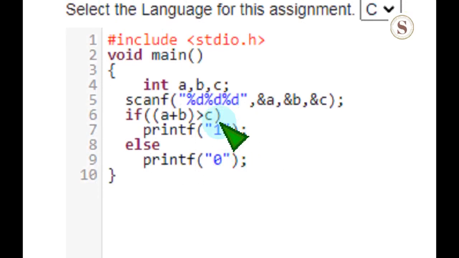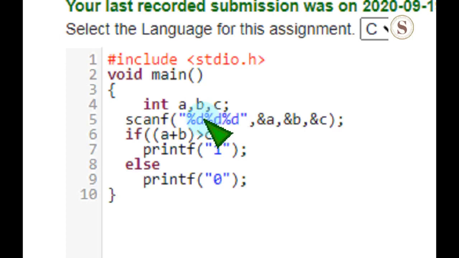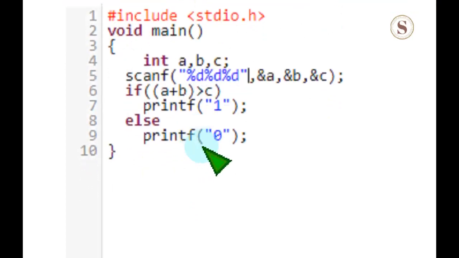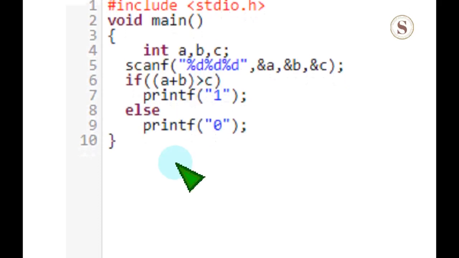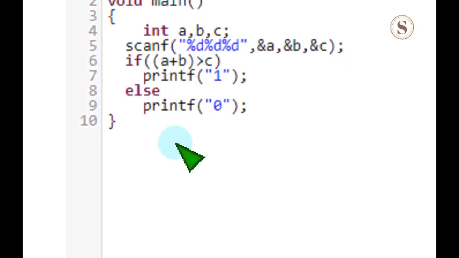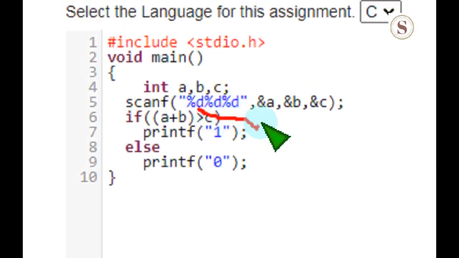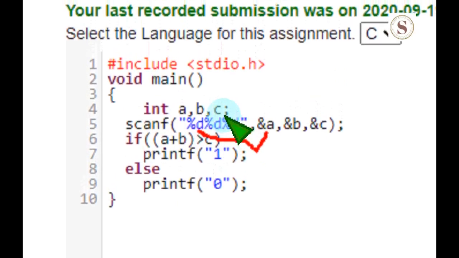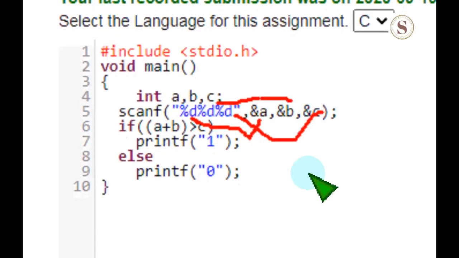It means that I am going to read three integers in a sequence. %d is used to store an integer value. Here the first %d represents a, the second %d represents b, and the third %d represents c.